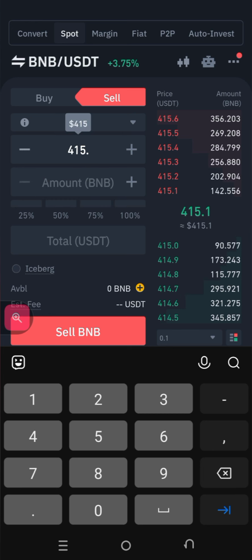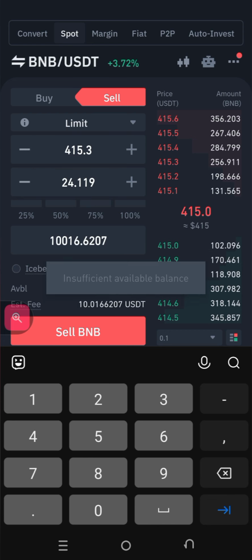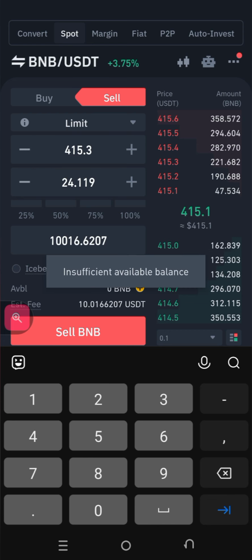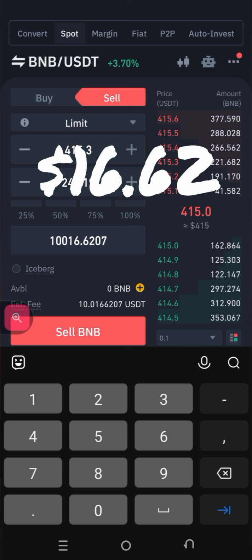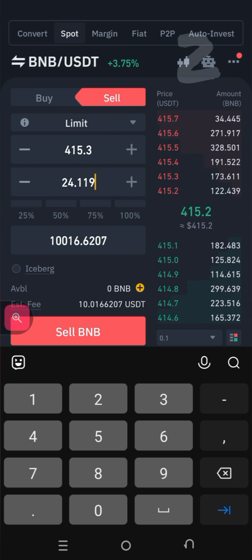415.3. So I'm going to paste in the amount of BNB, and you can see that from $10,000, we made $16.62, right? That's the concept, right? You're able to do this within a continuous space of time. So when you carry this trade out, you can see right now that currently, imagine you had